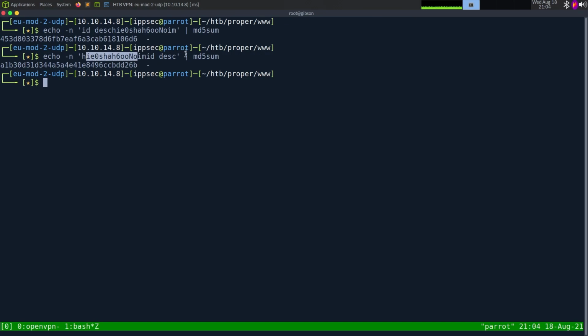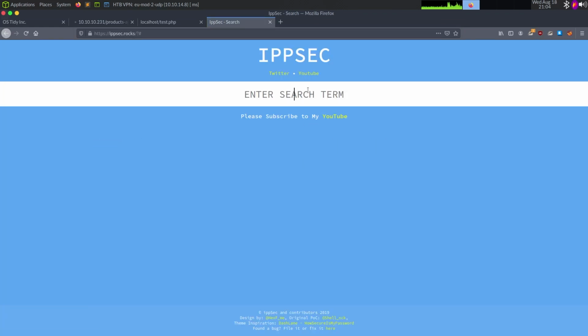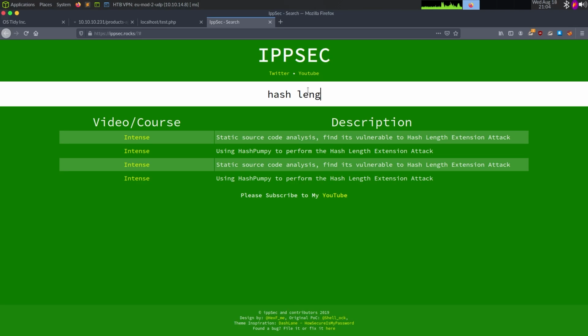If the secret's on this end, then because we don't know what the last block of hashing was, we can't just continue it. If you want a video of actually exploiting the hash length extension attack, just go to ipsec.rocks, and I'm sure it is here. Yep, right here, using HashPump to perform the attack. So I'd watch that video if you want to know more of it, but we don't have to do it